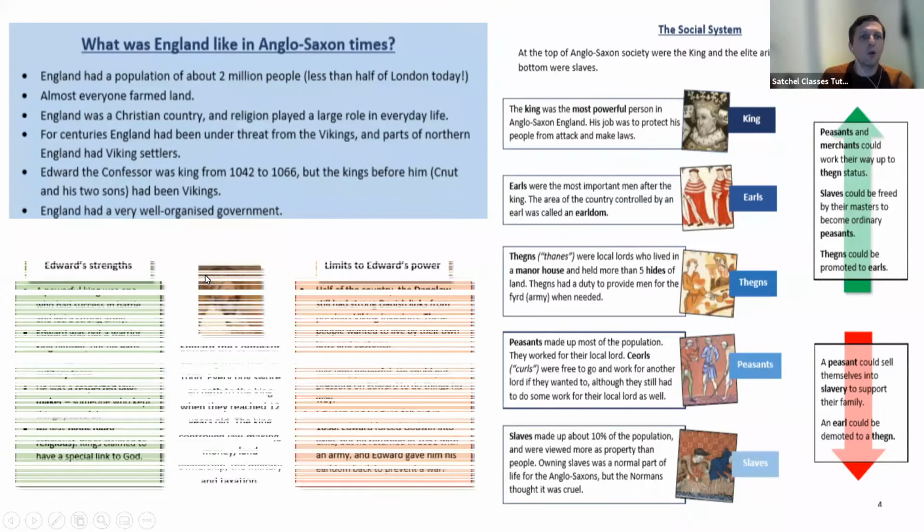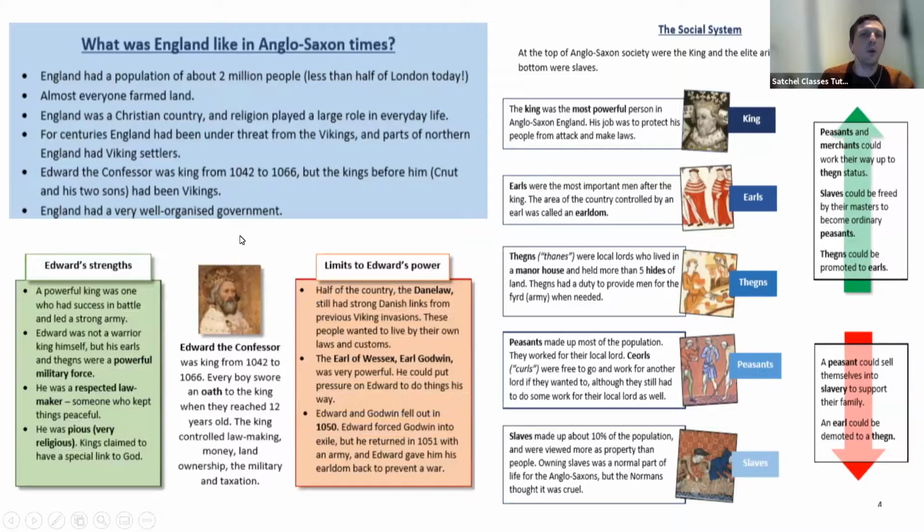Okay, now getting back to Edward. The question we're looking at is how and why. So how and why were they invaded? Edward is part of the why, because Edward was quite a powerful king. He ruled all of England. He had a very strong army. Now, when I say powerful king, he himself wasn't the greatest warrior, but he was able to select his earls quite well, his thanes quite well, and arrange the organization of his military so that it was particularly